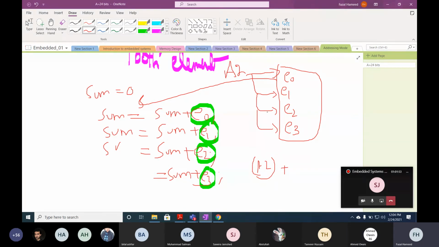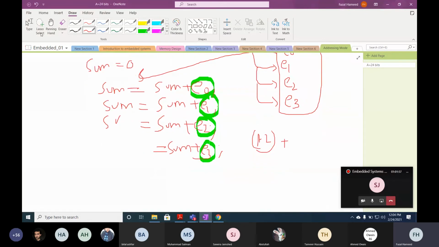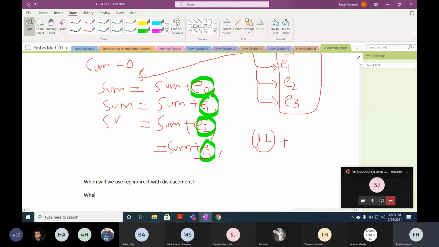Given the address of the first element of the array, we know the address of the first element. So when will we use register indirect with displacement? When we are interested in a single element of the array, not all the elements.